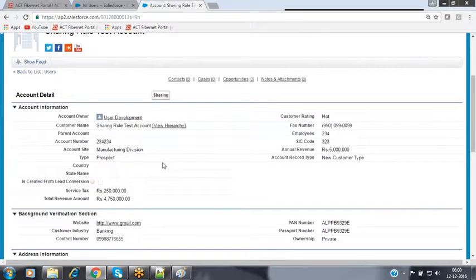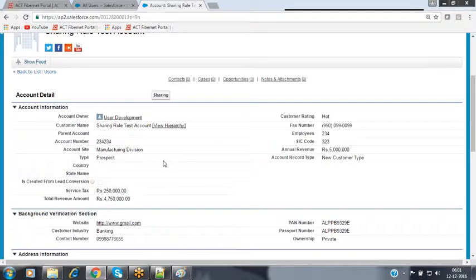Public read write means what? Everybody can see and everybody can modify the record, but I'm not getting that write access. What happened is, even though the OWD is granting full access to the user, the profile is restricting that access. The profile works on top of the OWD. Even though the OWD is giving full rights to the users on these records, the profile is restricting those accesses. It is granting only read-only access over here.